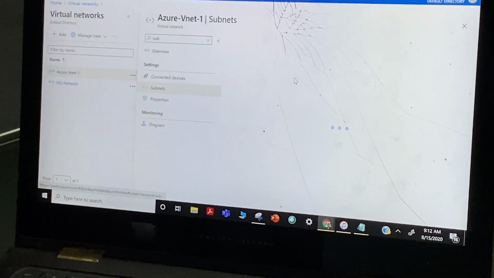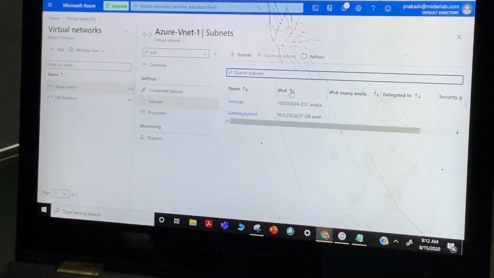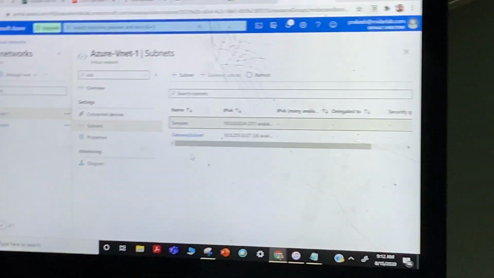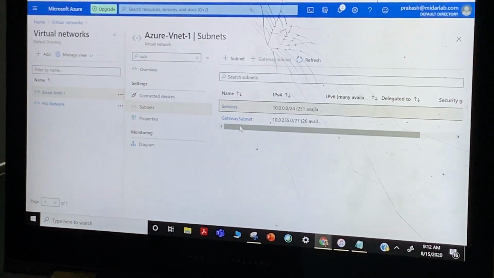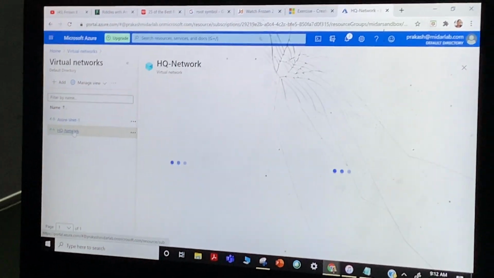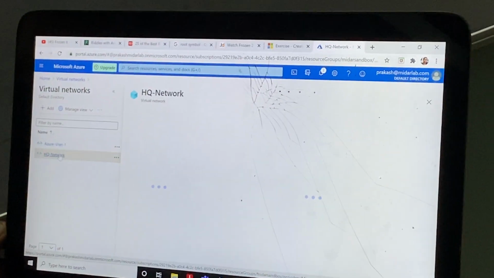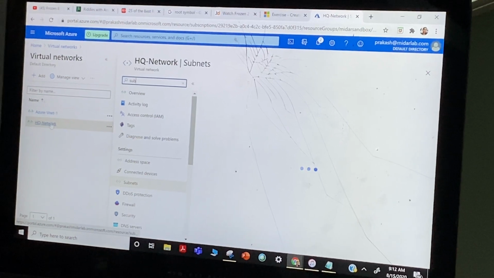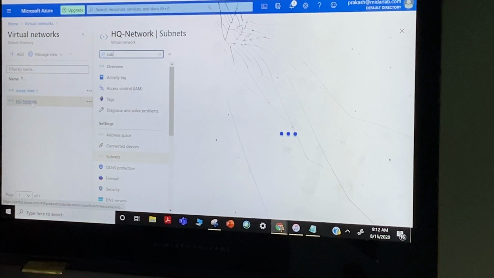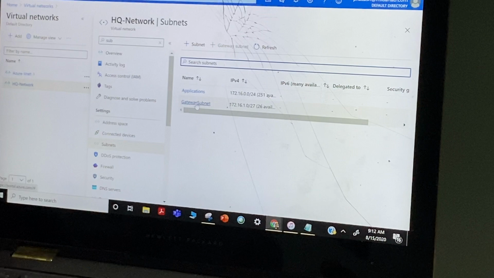If you look at this, you'll see two subnets. One is the services subnet, as well as the actual gateway subnet. And in the on-premises environment also, I have created an application subnet and the gateway subnet.